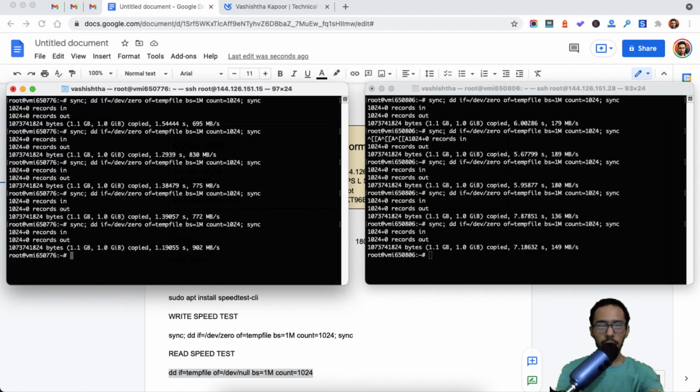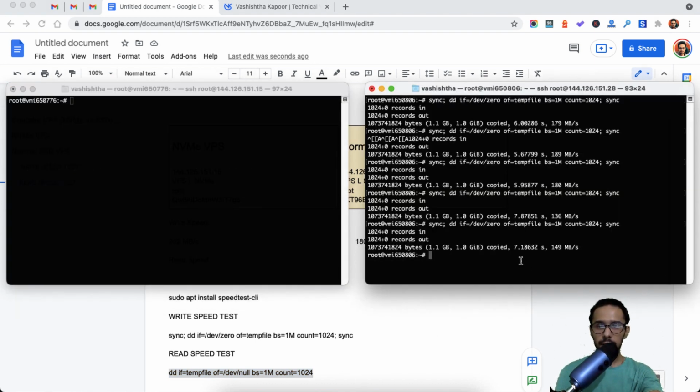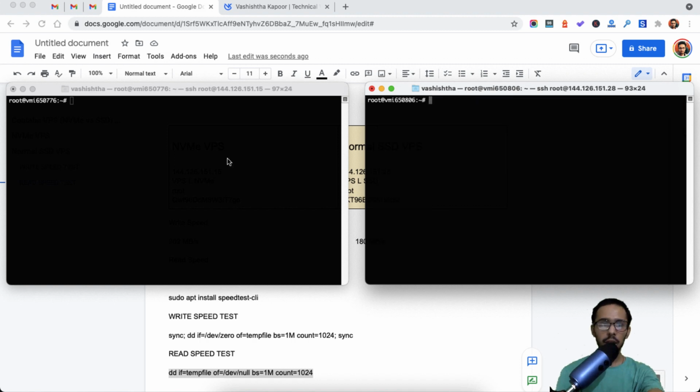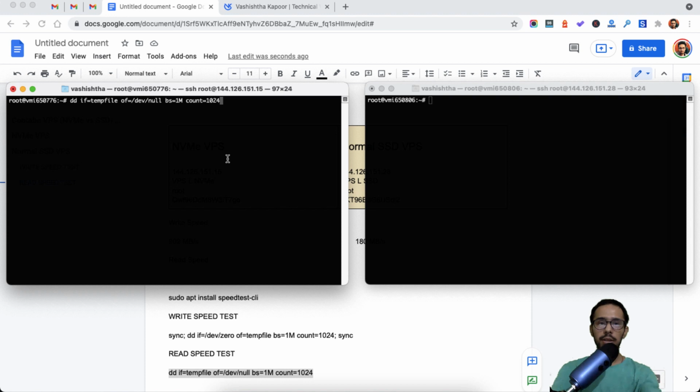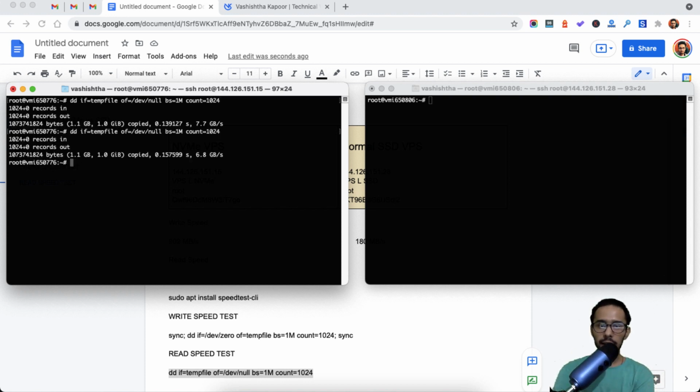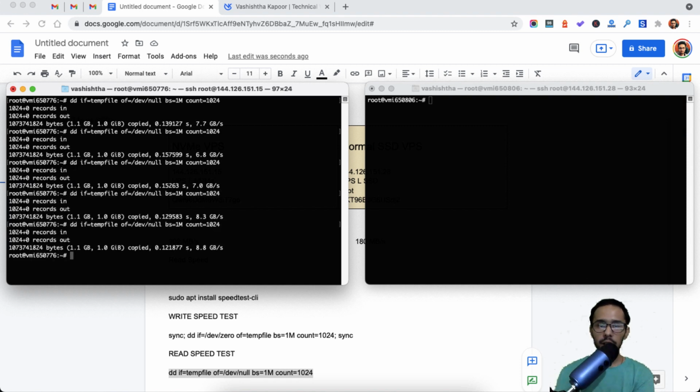Okay, now I will clear the prompt first. Now I will first run in the NVMe storage 5 times once again. First, second, third, fourth, and fifth. So I can see this is really quick. Once I hit enter, it doesn't take any moment to give me the prompt of the speed.